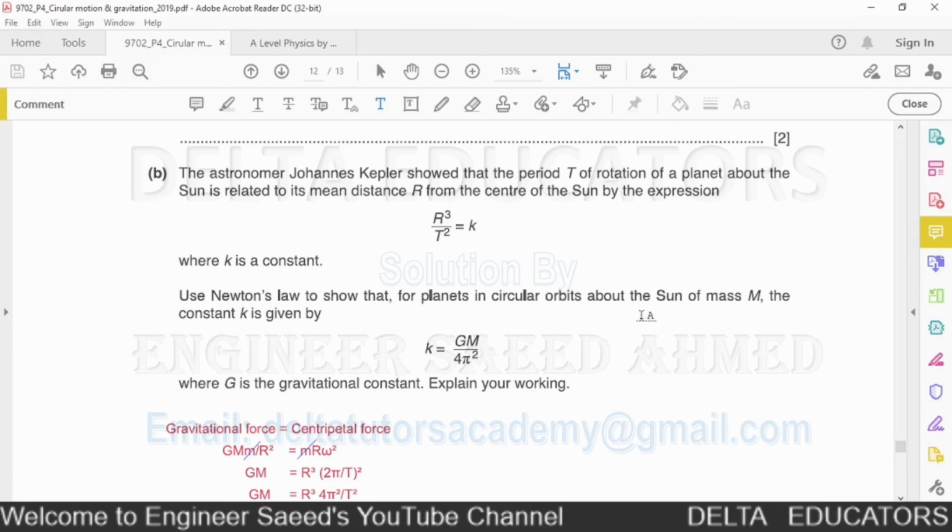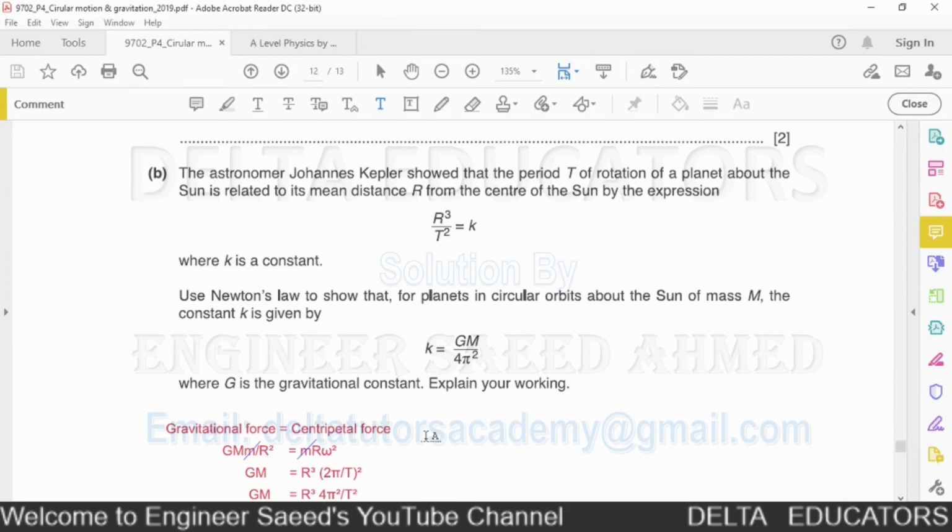In between the planet and the Sun, there is a force of attraction that is called gravitational force of attraction. And the planet is moving in a circular path around the Sun. So here we can say we have centripetal force, and these two forces are equal. So we can write gravitational force is equal to centripetal force. Now mathematically, gravitational force is given as capital G, capital M, small m over r squared, where this G is the gravitational constant, this capital M is the mass of the Sun, small m is the mass of the planet, and this r is the distance between the center of the planet and the center of the Sun.